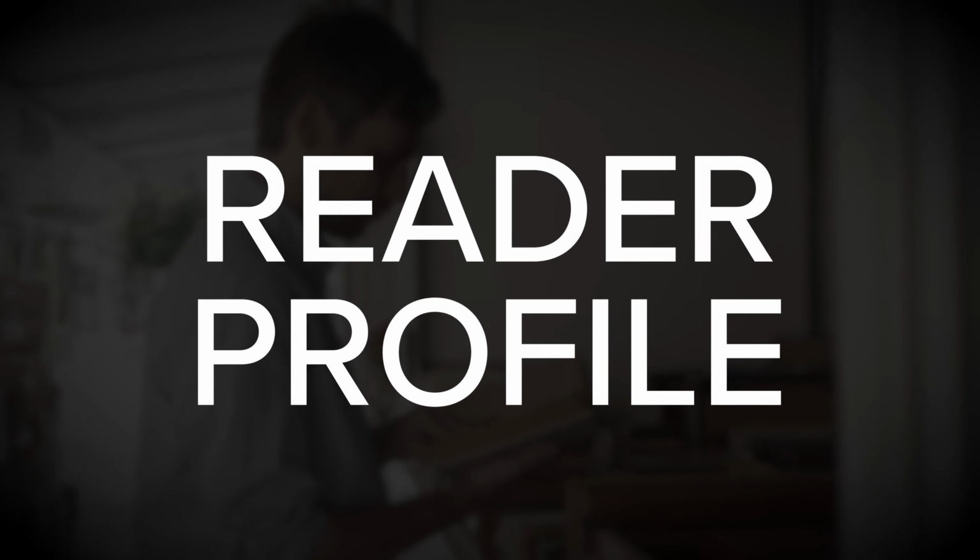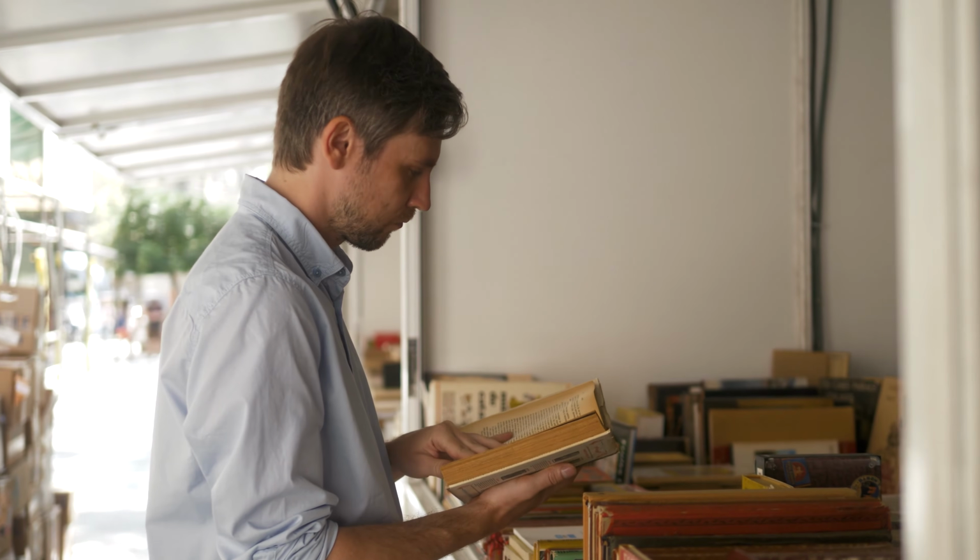Now, a really key component of this is also identifying and describing a very clear reader profile, getting very clear on exactly who the book is intended to help. This is important, of course, because even when you aim to solve a very specific problem, different people are going to be at different stages of that problem. And if you try to solve the problem for everybody, from complete beginners to seasoned pros, or from people that are on some other kind of a spectrum when it comes to just how far along the journey they are,